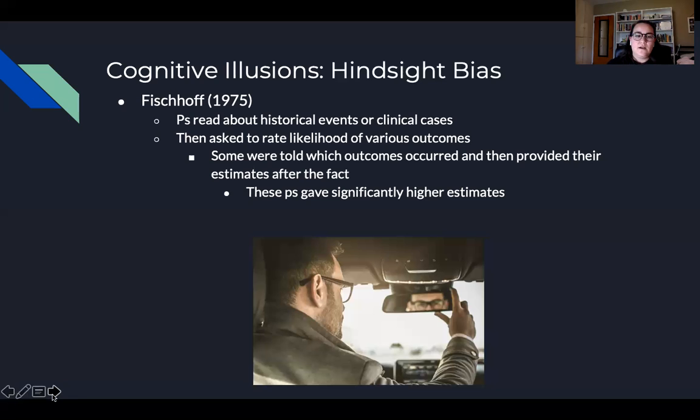And the results of this study show that the participants who were told what the outcome actually was gave higher estimates of the probability of that happening in comparison to those who didn't have this information of the outcome beforehand. And so when pushed even a little bit further to verbally describe their thought process, participants who were given the outcomes first and then provided their estimates